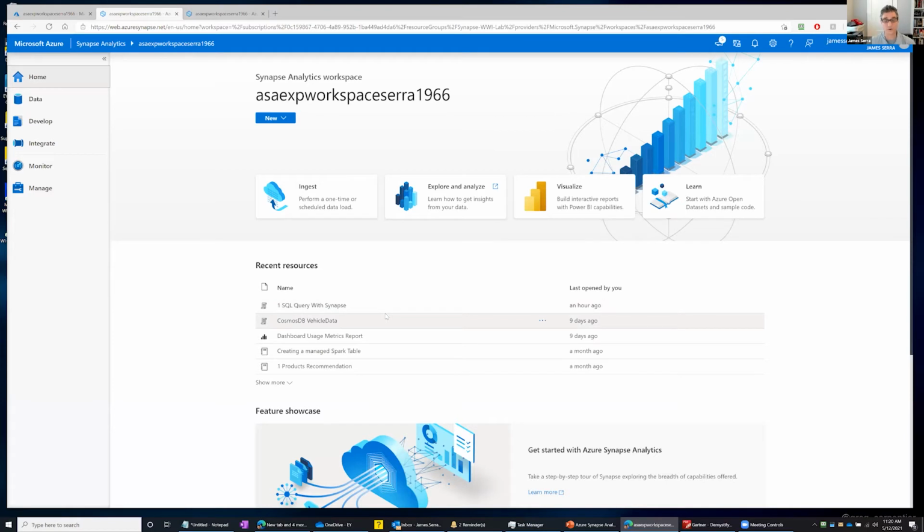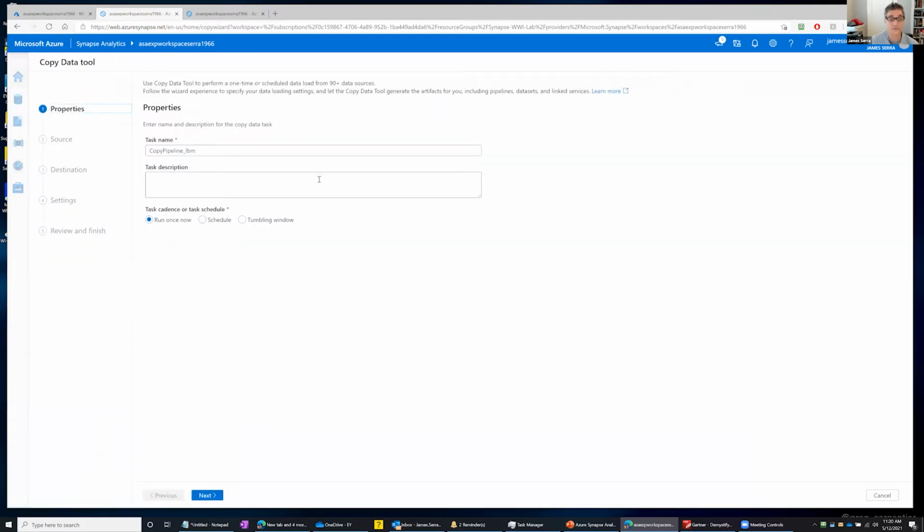So, okay, great. I created the workspace. I have a bunch of sources out there. I want to ingest them into maybe a data lake as well as a relational database. But I can click this ingest. So this is, for those of you familiar with Azure Data Factory, this will look familiar on here.